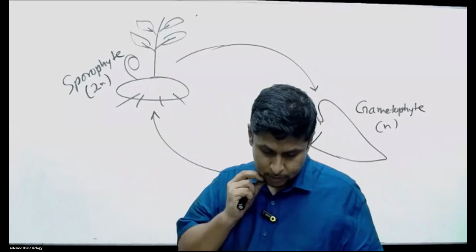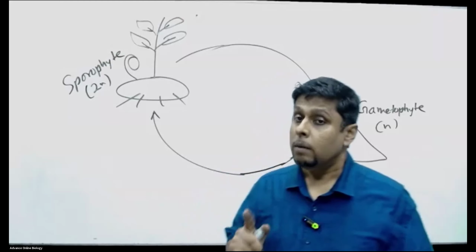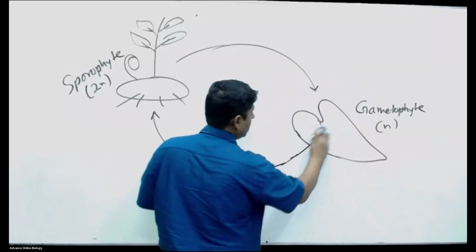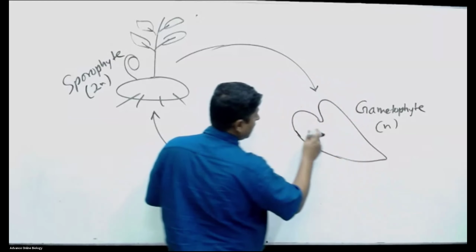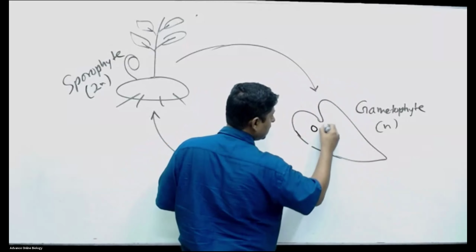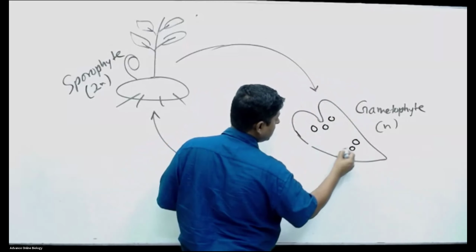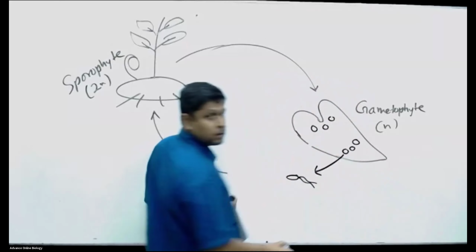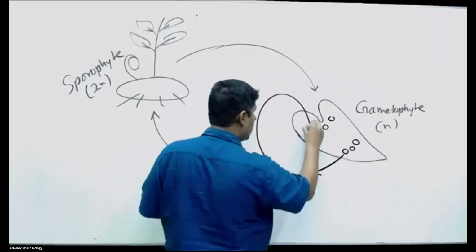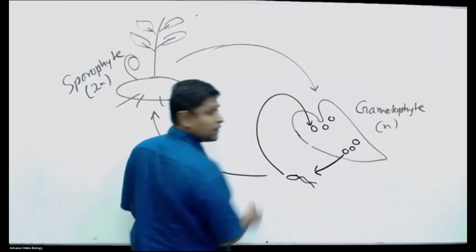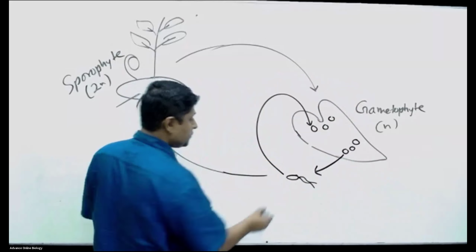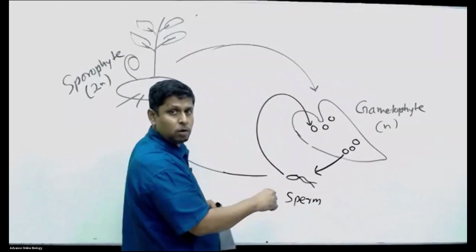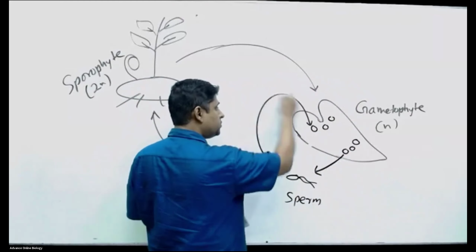Are released from the antheridium in external fertilization. No, plants are not showing external fertilization, right? Now, true that in this gametophyte, the archegonia are present somewhere here, antheridia are present here. Antheridia release sperms, right? These sperms are swimming into the archegonium during the fertilization. So the sperm is released into outer water. The sperm now swims into the archegonium.